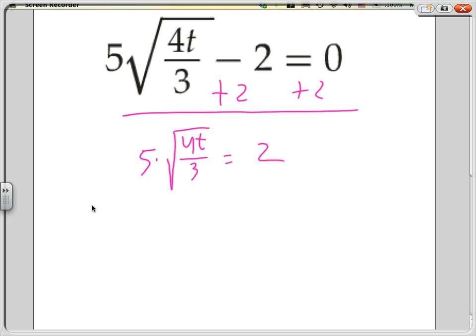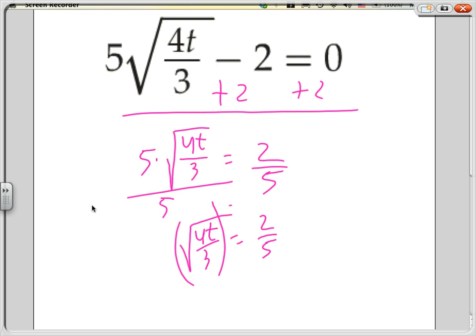Now how do I get rid of the 5? Divide. So I'll divide both sides by 5. I'll end up with the square root of 4t over 3 equals 2/5. See? Now the house is ready to be demolished, right? And so how do we get rid of that square root house? Square it, right? So if I'm going to square it, I will have 4t over 3 equals